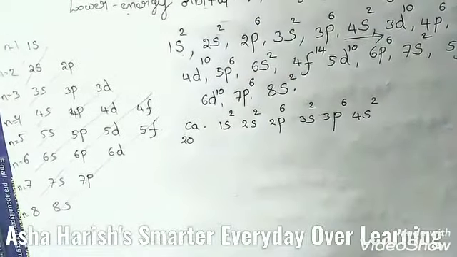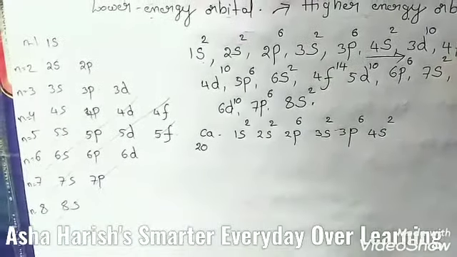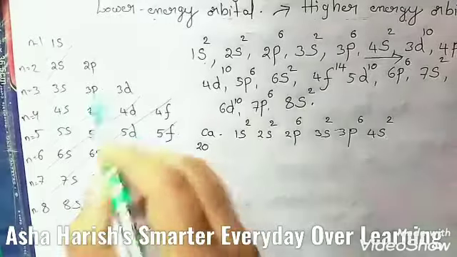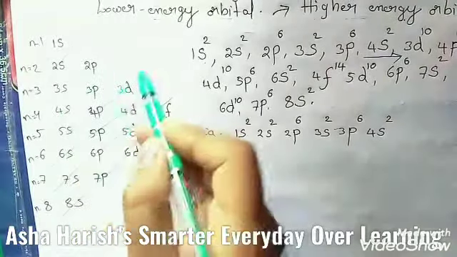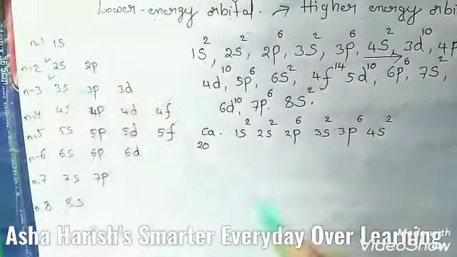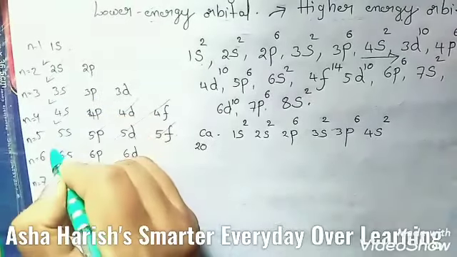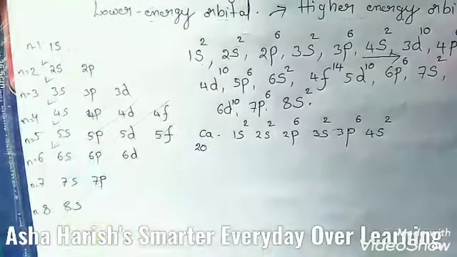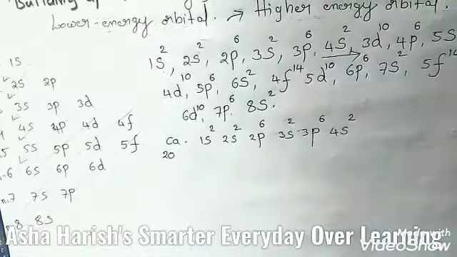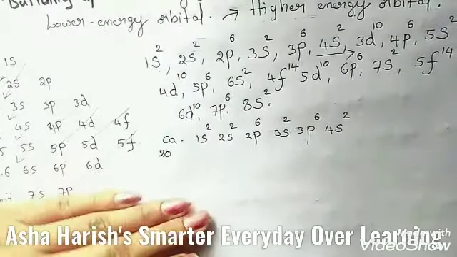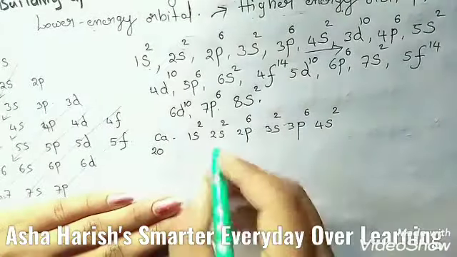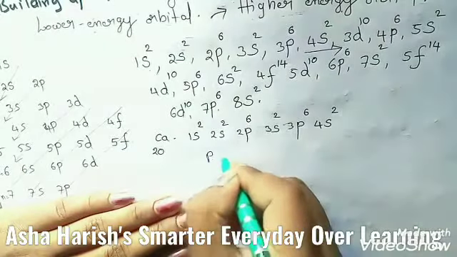Starting from the top, the direction of the arrows gives the order of filling the orbitals, like this. And the energy of an orbital depends upon the sum of the values of the principal quantum number,